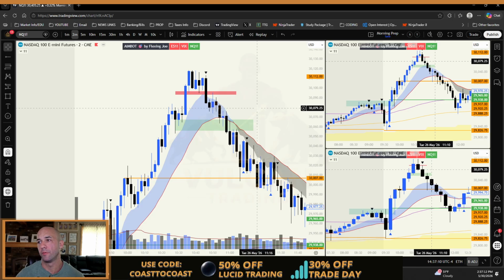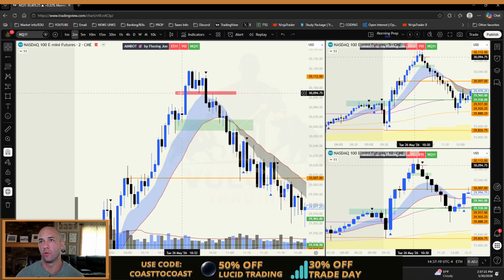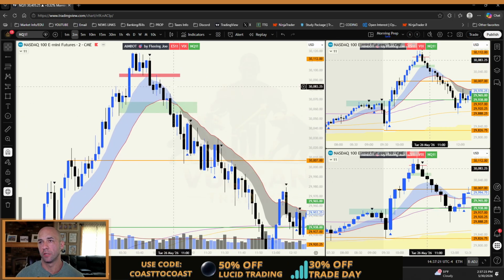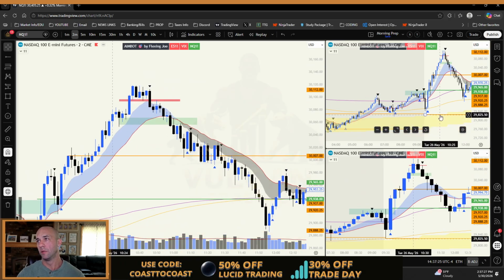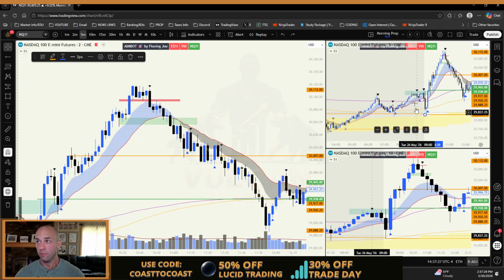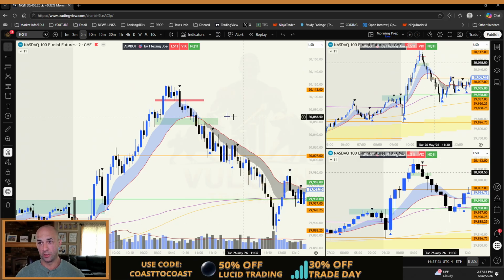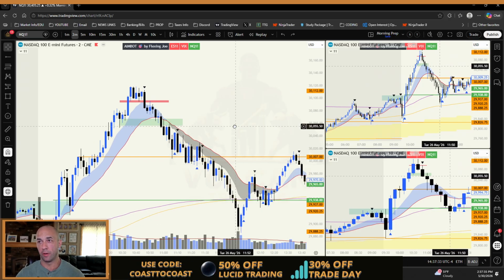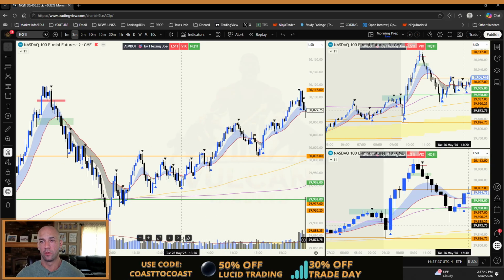We were just very extended from the 10-minute EMAs too. Very, very extended. And the trend was so strong all this way up, and then it wasn't. It was so strong all the way back down too. This sort of strength on the way up, and then it flips and is strong all the way back down. Is that not very similar to